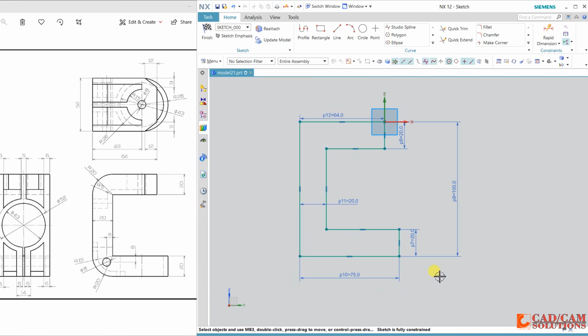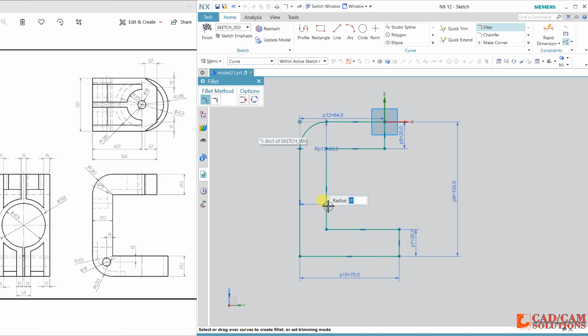Click OK. Now sketch is complete, and if you want to apply the radius, select fillet and the radius is 20. Here it is 20, and same here it is 20.